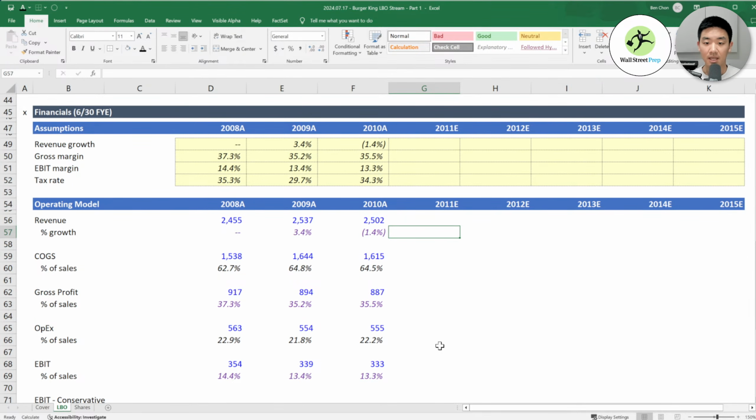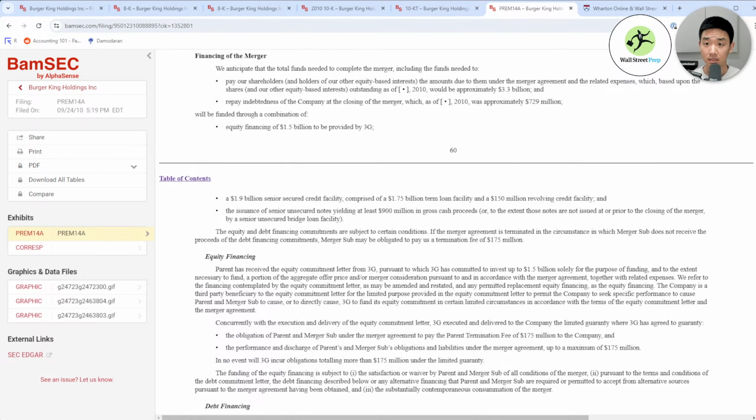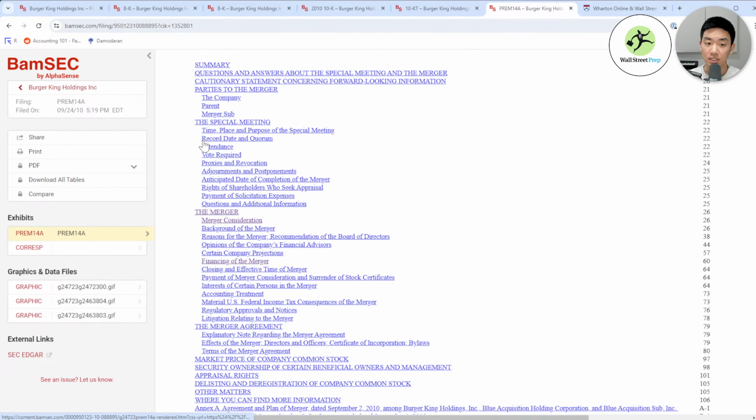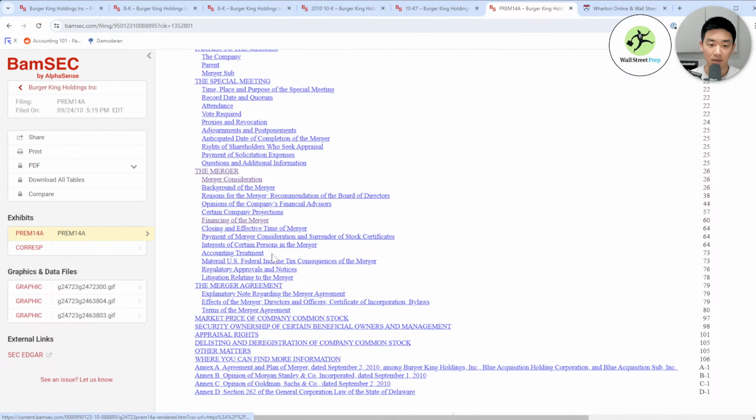That's what's really helpful about the proxy that I mentioned earlier, if you're joining more recently. The really interesting thing about transactions is that they give you a lot of information about what the company was thinking at the time.